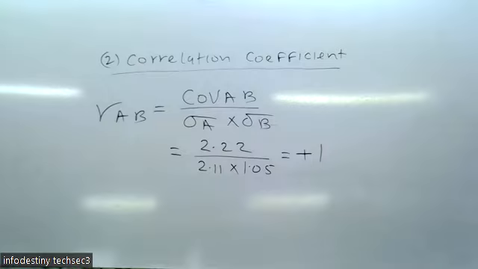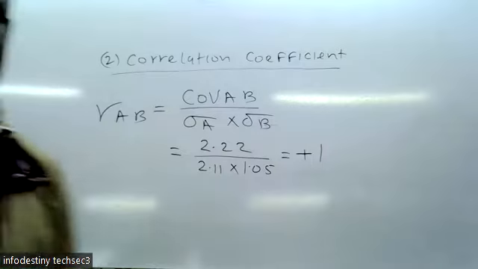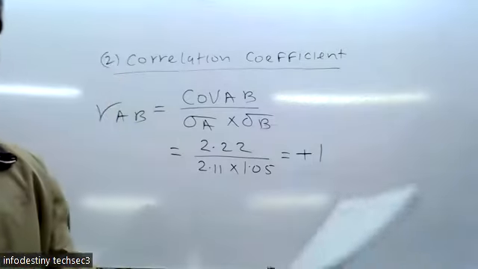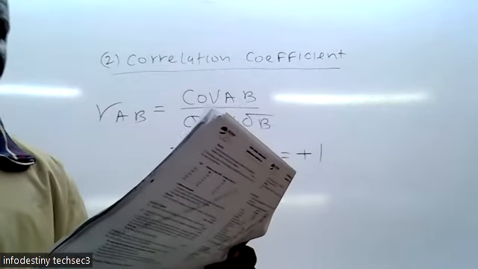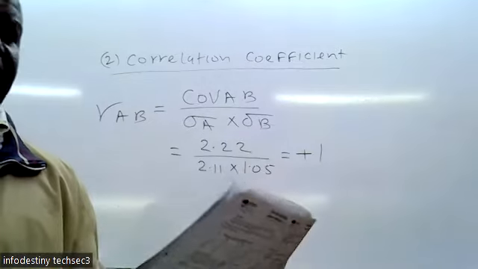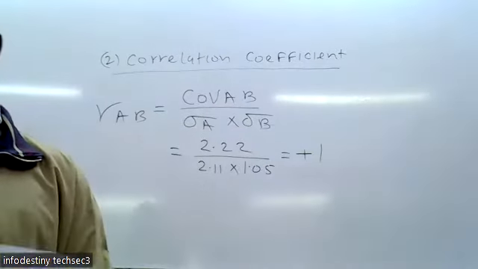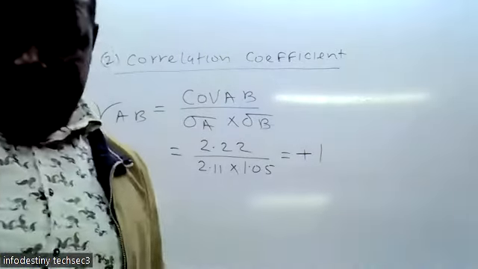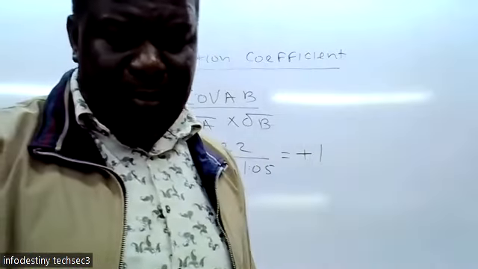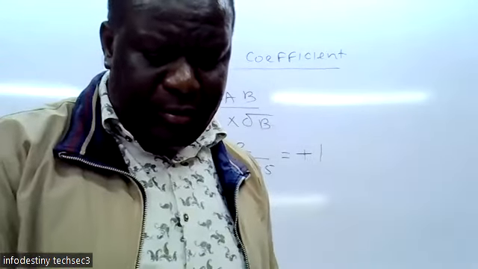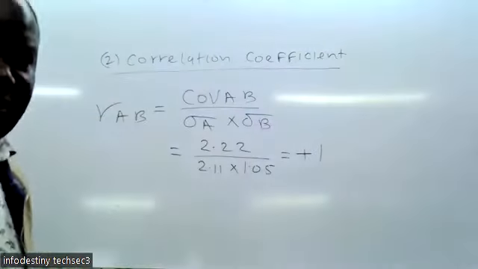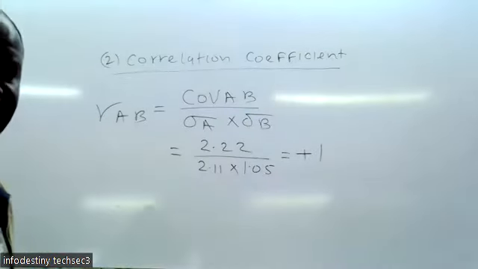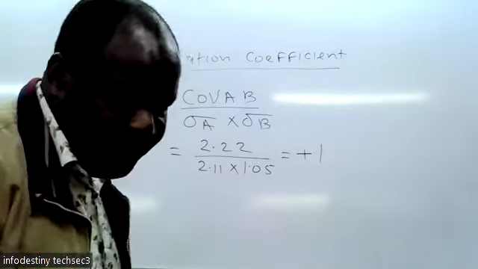So that should have been your Roman letter 3 of the question, where they were asking you to calculate the correlation coefficient between the two securities. That's now our Roman letter 3. But before we proceed, still on the same, I want us to write something more in the notes. So the next paragraph, we write that